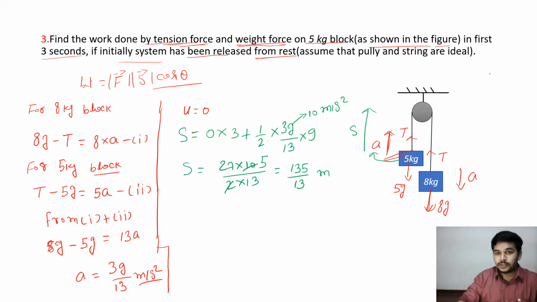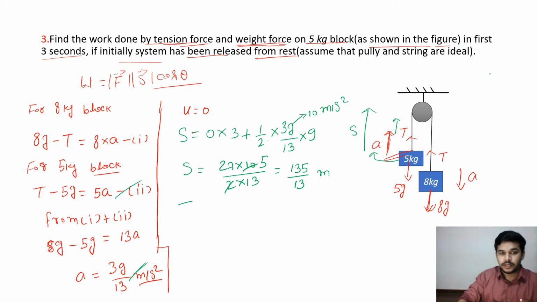Now the work done by tension force, if I am going to write it. The tension is acting upward on the 5 kg block, and displacement also happens in the upward direction. So the work done by tension force, how much will it become? Let's substitute the tension force, but tension force is unknown, so how are we going to get that value? We first have to calculate the tension force, because we haven't done the calculation for the tension. We can substitute this acceleration in either the first or second equation. We are going to substitute in the second equation.